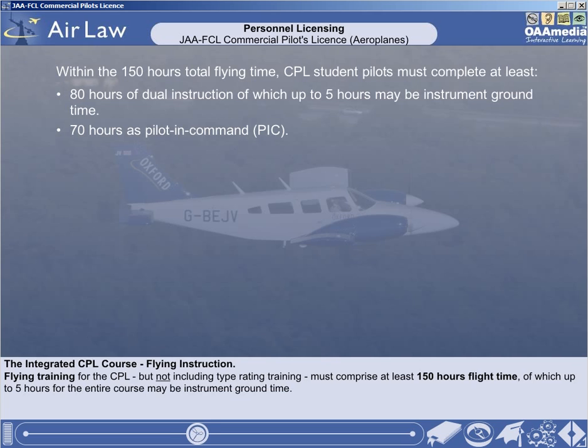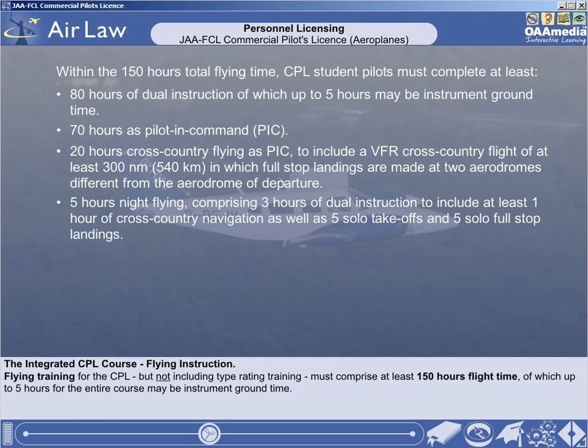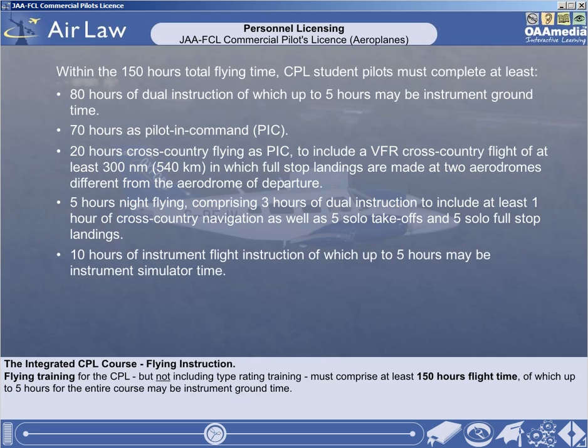70 hours as pilot in command, 20 hours of cross-country flight as pilot in command, including a VFR cross-country flight totalling at least 300 nautical miles, that's 540 kilometres, during the course of which full-stop landings are made at 2 aerodromes different from the aerodrome of departure, 5 hours night flying, comprising 3 hours of dual instruction, to include at least 1 hour of cross-country navigation, as well as 5 solo takeoffs and 5 full-stop landings,